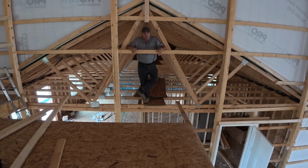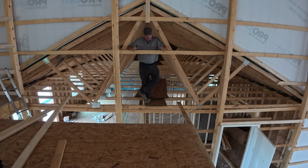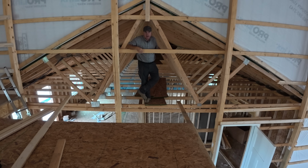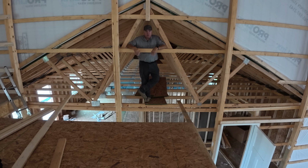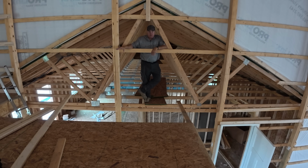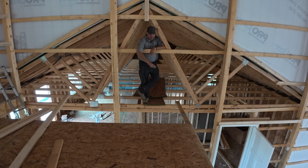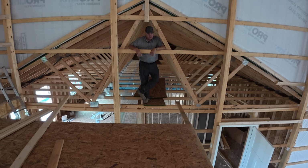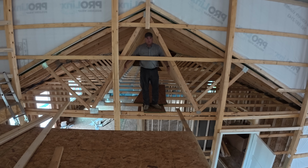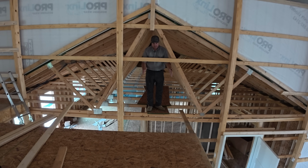So this is a late breaking idea. Not sure exactly how it's going to work or if it will work, but it would be nice to be able to use this attic space behind me over the office for storage as well. And given that we have 9-foot ceilings on the first floor, we're thinking those stairs are going to go down fast enough that we could actually have a little walkway across here and a doorway in here for the attic space. Okay, so we would just have a little walkway right across here,